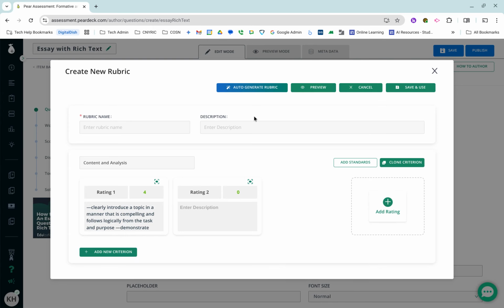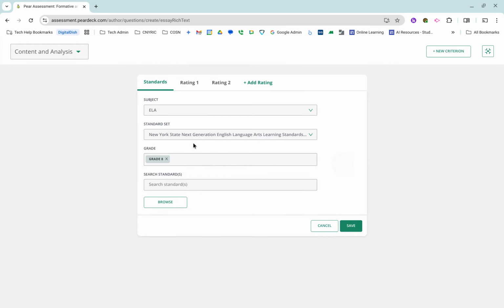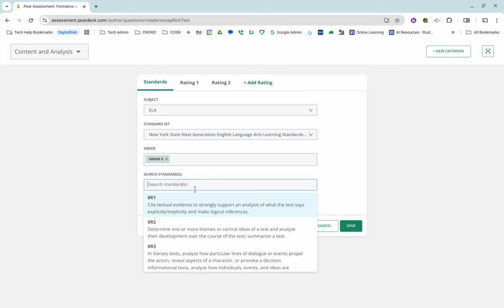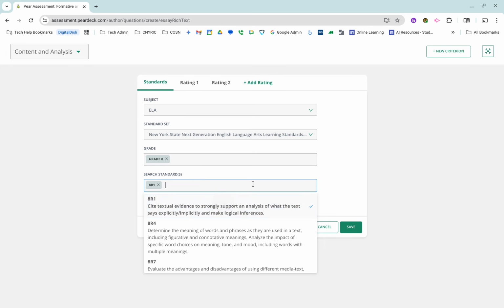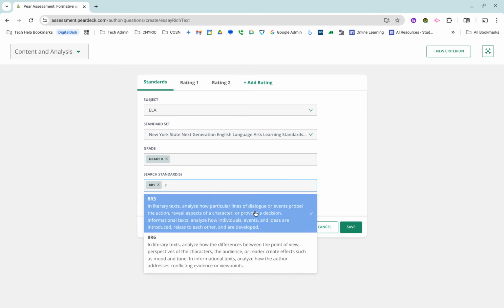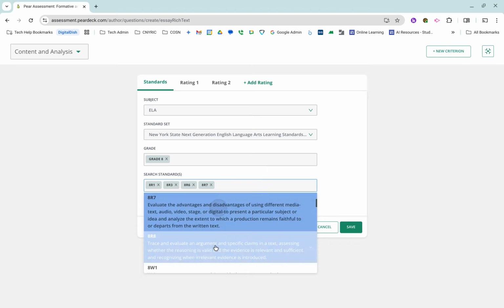So you'd add new criteria, or what I did was I added the standards to the criteria and then I cloned it so that I didn't have to recreate the rating. It's a lot less clicks in adding the standards. So before I do anything else, I'm going to add the standards, and this one was writing 1, and then reading, and it was all of them, I think. So I just added all of them